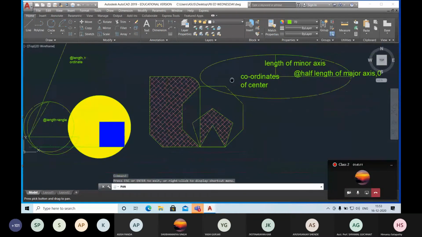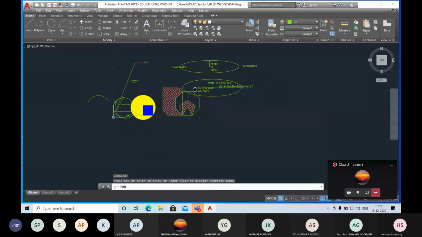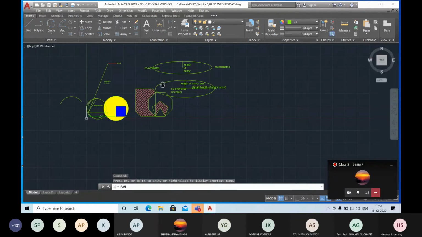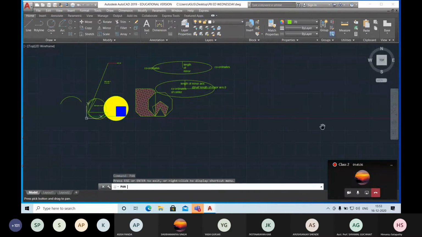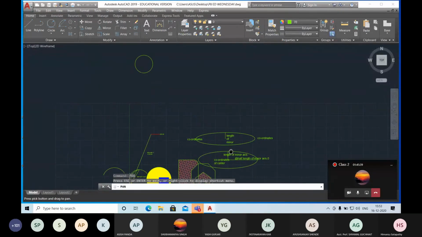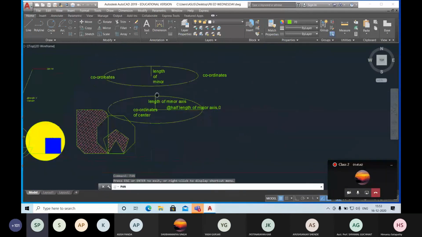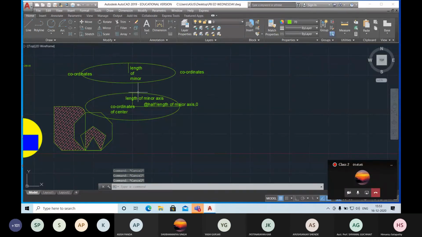These are all about your draw commands. By using these draw commands, we are going to draw anything. Now, any doubt regarding draw commands, you can ask. I will go to the modify commands. Always remember to press the escape button. Sometimes your pan mode is not working, then you can click on the command line and type PAN. These are all your command lines. If you want to modify something, then go to the modify commands.